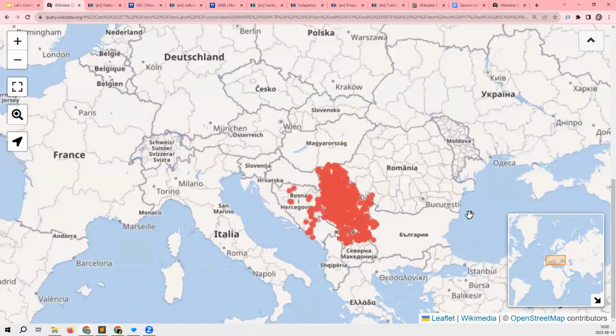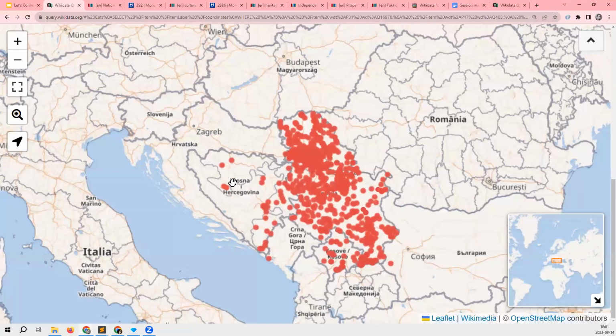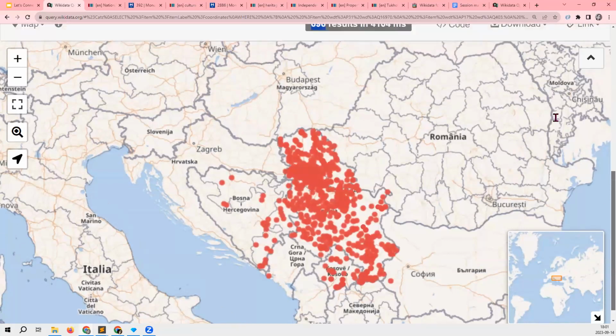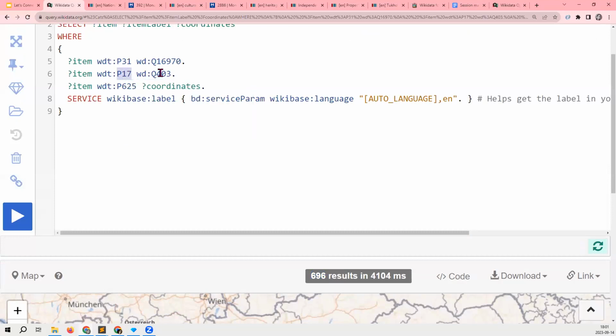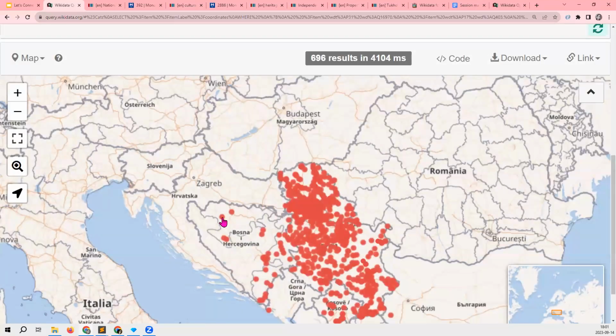Here they are. I can immediately see that some of the churches that have country Serbia have coordinates that are in a different country. So something is wrong. Either their country statement is wrong or their coordinates are wrong.